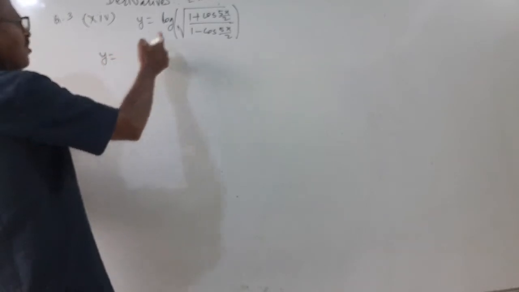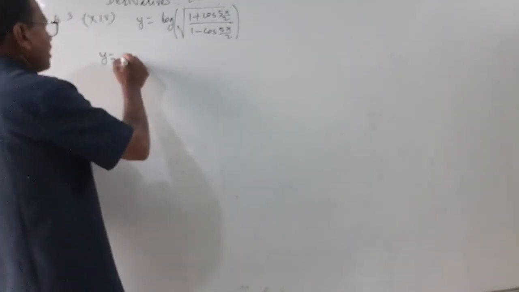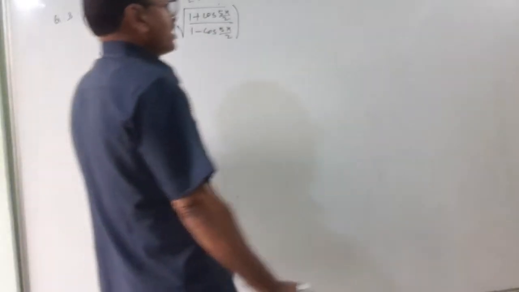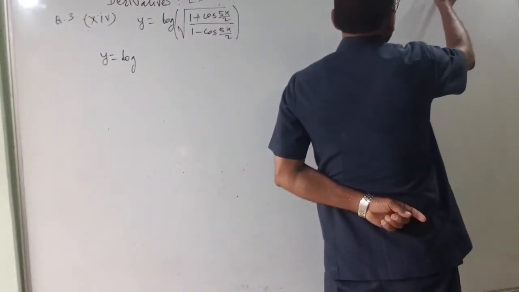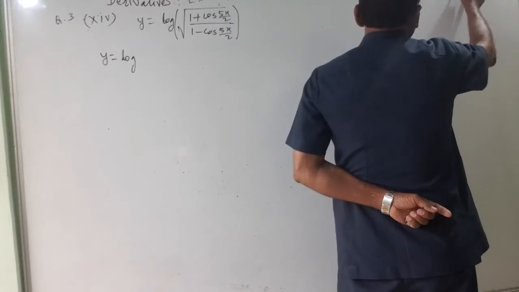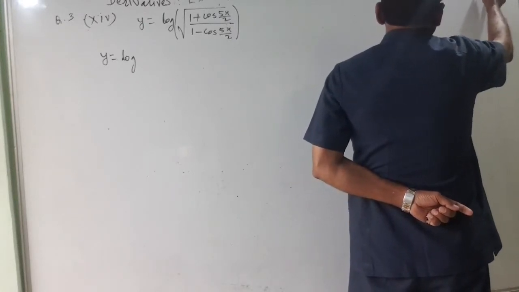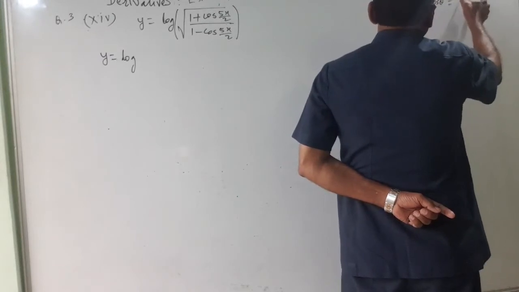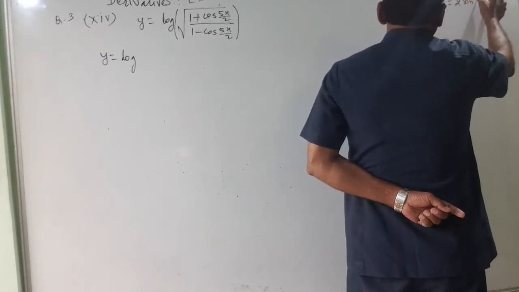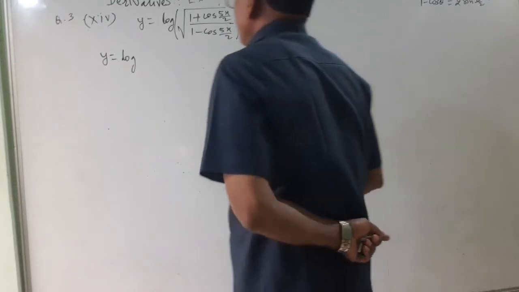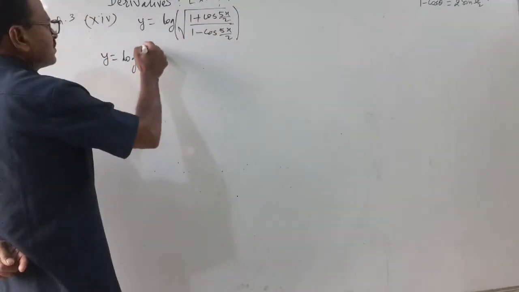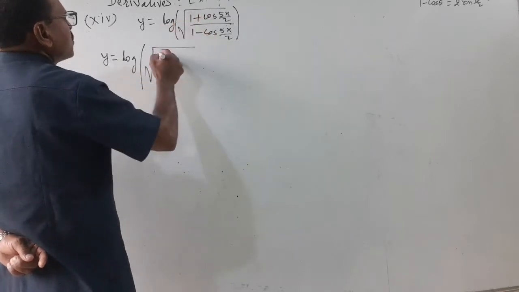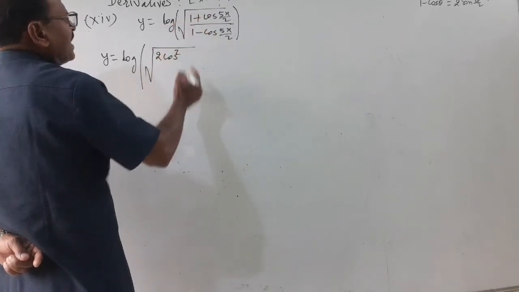First of all, about this root we have to think something, and what I can think is 1 plus cos theta is equal to 2 cos square theta by 2. I have given you the formula 1 plus cos theta is equal to 2 cos square theta by 2, and 1 minus cos theta is equal to 2 sin square theta by 2. These are the formulae. So log of